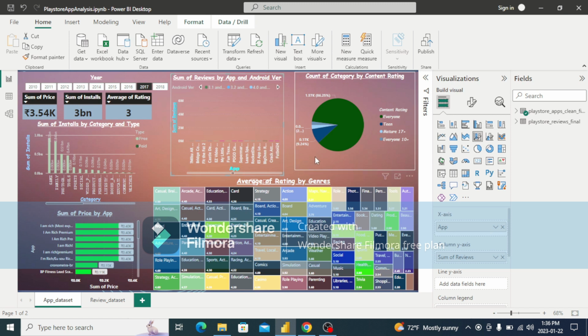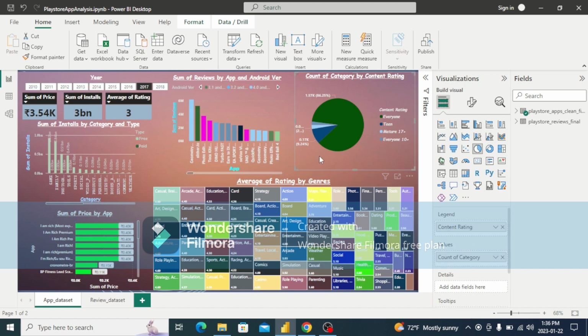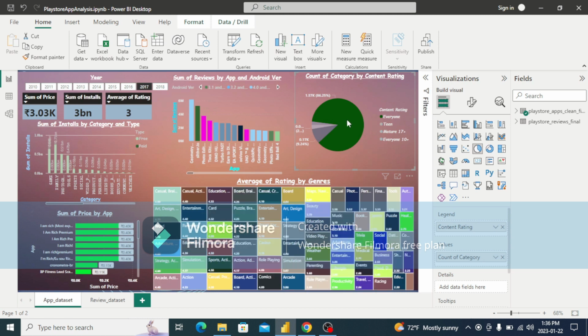So going to the next chart, we have a pie chart here. It denotes the count of category by content rating. So the majority, it is already clear that the majority is everyone. The content rating, like the apps which has access to everyone, is almost 86.25%. Like the count of category is 1568,